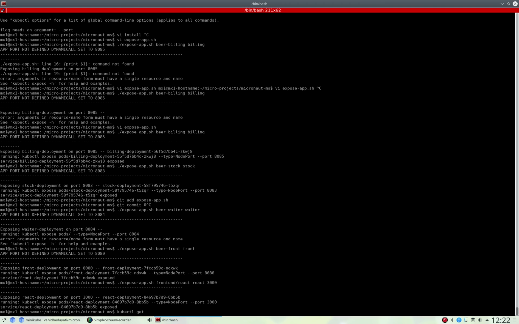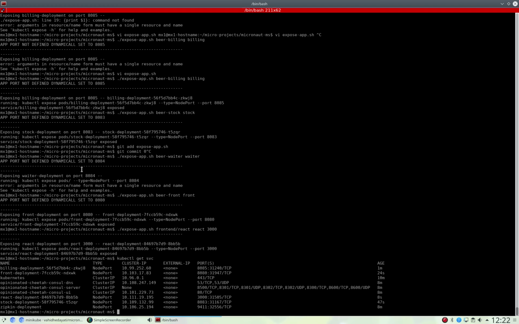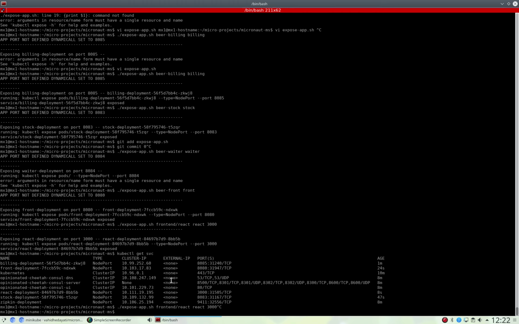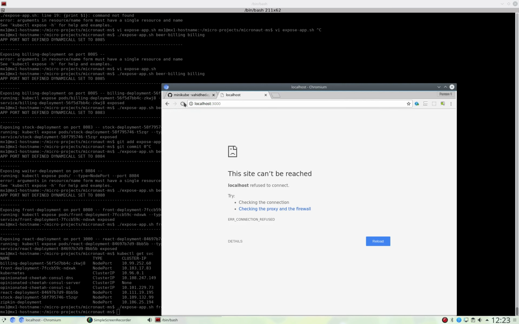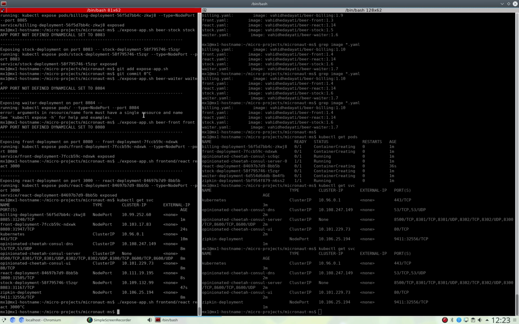So if we now do kubectl get svc, that is what we've just done. Those commands that we've just run, or the expose app script that I've just added, simply enables or port forwards them internally within the application, and you can see them in the services. So shall we give it a go, see what happens? Still nothing. And that is because the script failed when it did the installation of the last bit, as I've just explained,